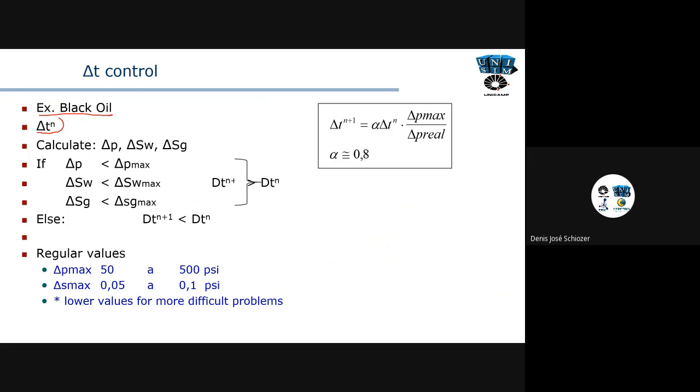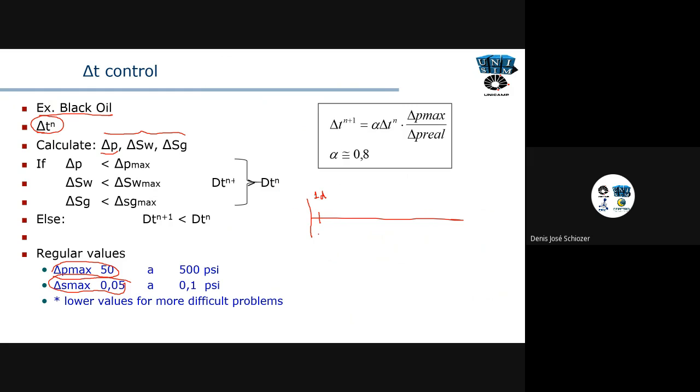Let's assume that I have a time step that's delta t here. And the user will say that there is a maximum change that I can accept from the beginning to the end of the time step of my primary variables. Let's assume, for example, that I don't want to change more than 50 psi in pressure, and I don't want to change more than 0.05 in saturation, okay? So the simulation starts with a very small time step, for example, 1 day,